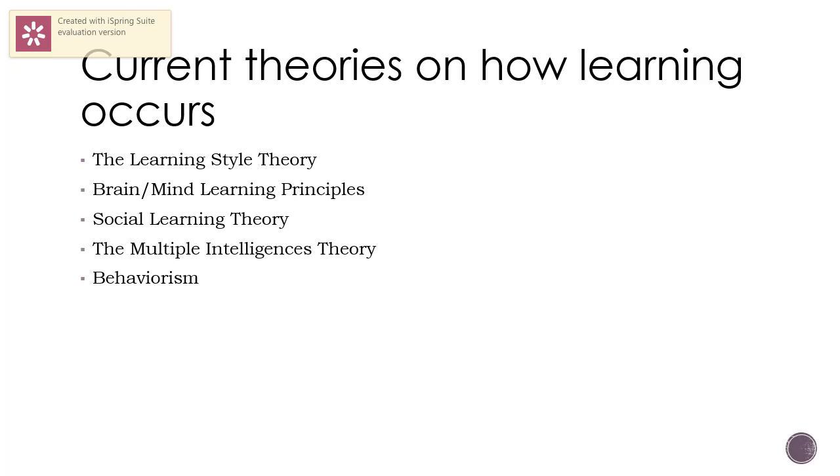and imagination. Brain and mind learning refers to a natural learning process that happens to all humans through their life experiences. Social learning theory is what happens when a desired behavior is observed through modeling. The multiple intelligences theory focuses on each student's strengths. Similar to the learning style theory, the multiple intelligence theory recognizes that all students learn in different ways. There are 9 multiple intelligences that have been identified: verbal linguistic, logical mathematical, visual spatial, body kinesthetic, musical rhythmic, interpersonal, intrapersonal, naturalistic, and existential. Teachers who use a variety of teaching strategies can reach each student and help them develop